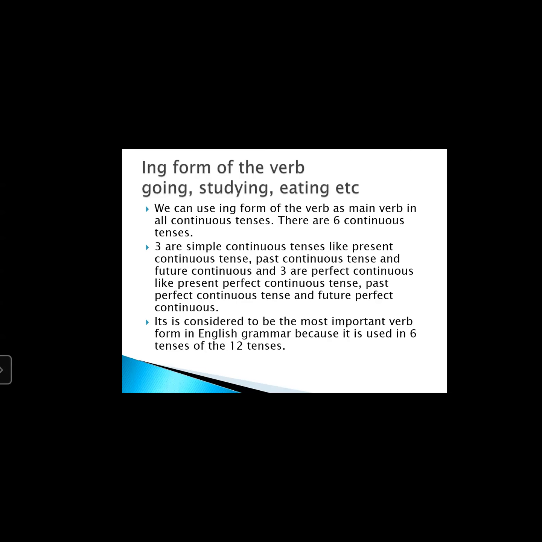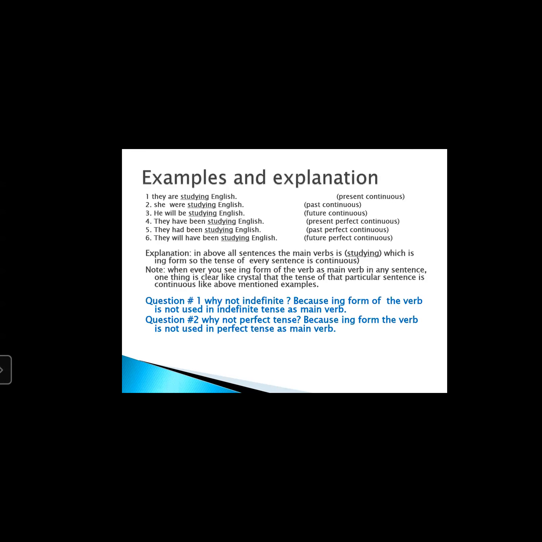And there are 6 continuous tenses. So we can use the ing form of the main verb as the main verb in all continuous tenses. There are 6 continuous tenses: 3 are simple continuous tenses and 3 are perfect continuous tenses. Here, for example, you can see